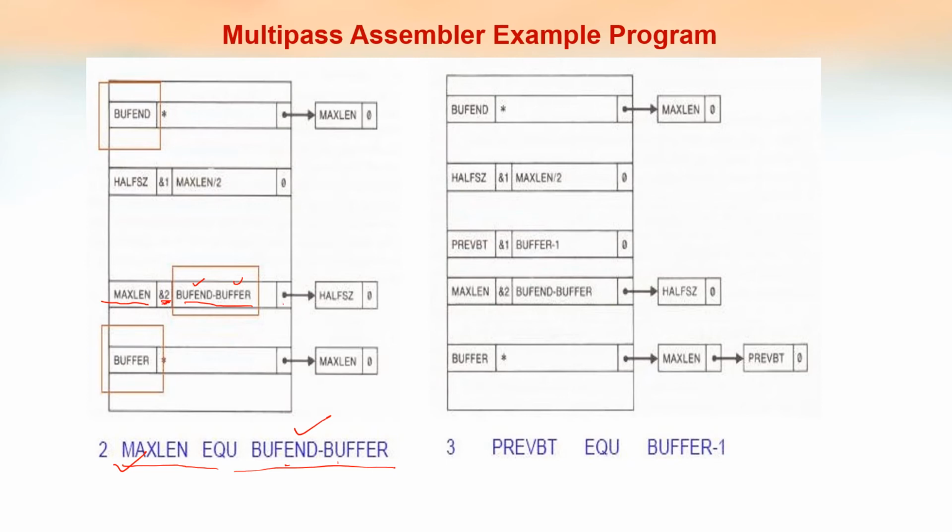Then I have to see whether any other symbol depends on this max LEN. That we already filled in the previous pass, that is half a set. And now we have obtained two new symbols, so I have to start different rows for these two new symbols, because we are entering them into the symbol table. That means symbol names should be there. Now we have two new symbols, buffend and buffer. Buffend I'll write over here, and buffer I'll write over here. So two rows I have started.